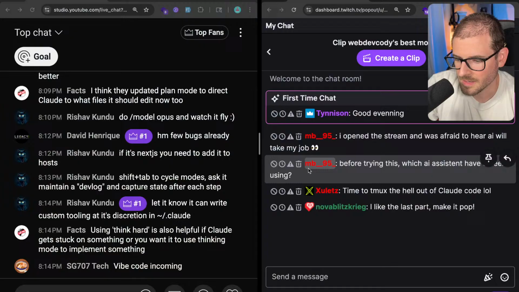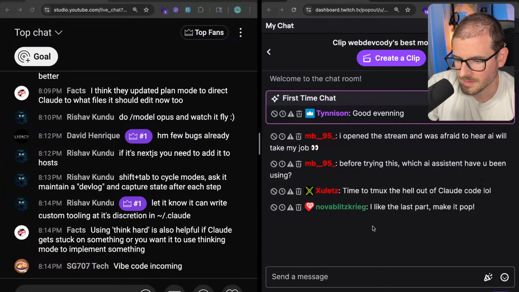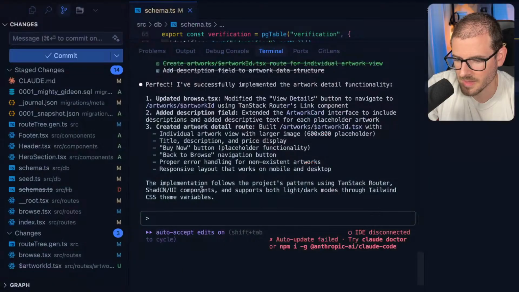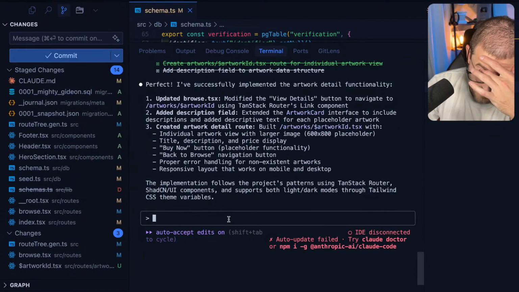All right, let's go back and, yeah, I think I saw that you can do think hard, think harder. I need to go read the actual blog post about that. Ask it to maintain a devlog to capture each state. That's actually a really cool idea. Let me try that. I've already kind of screwed up, but